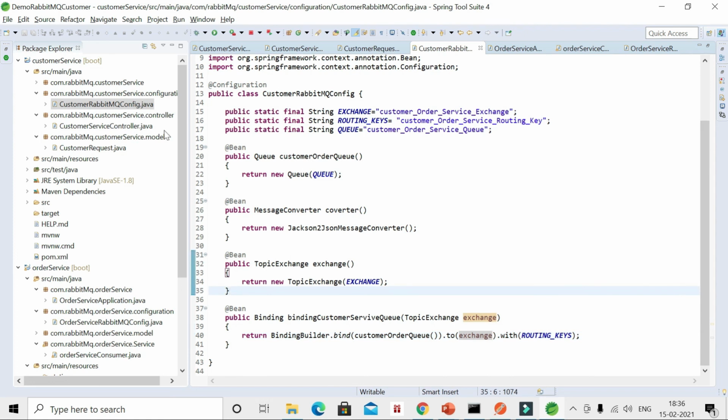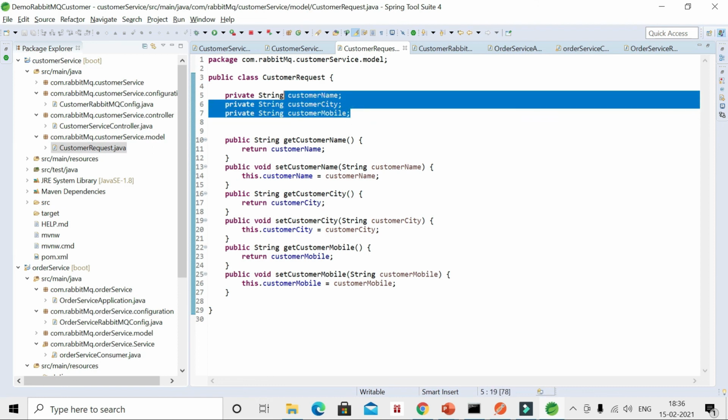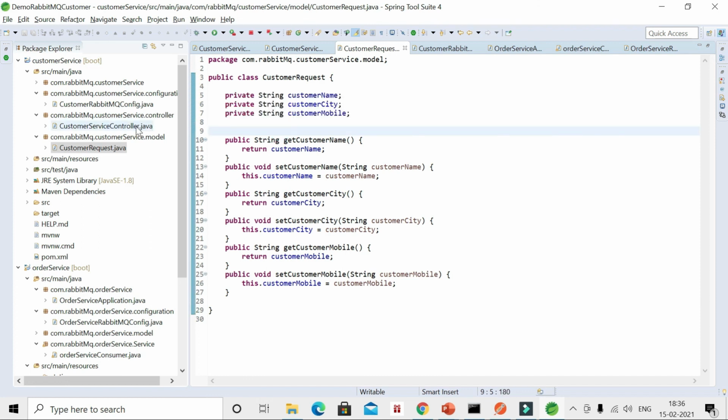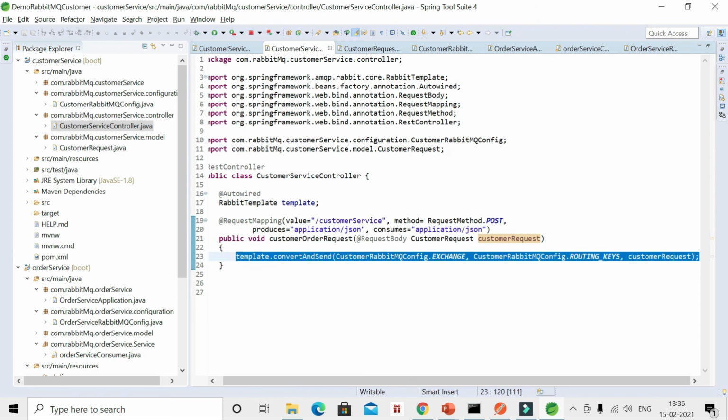We also created the POJO class, which has three fields: customer name, customer city, and customer mobile number. From here we are sending the request, and this request is going to RabbitMQ.